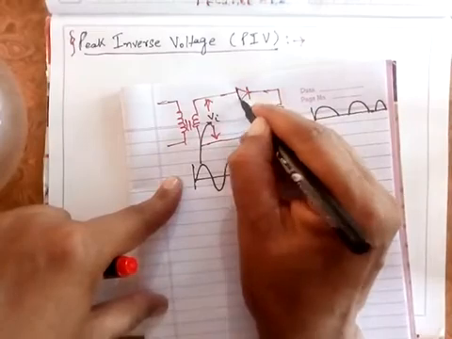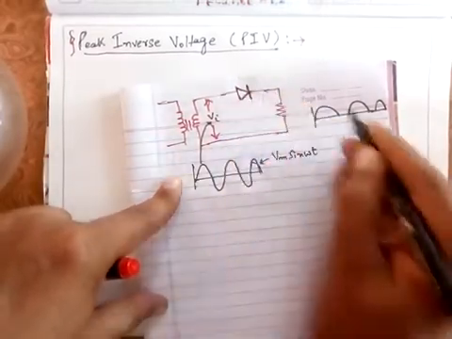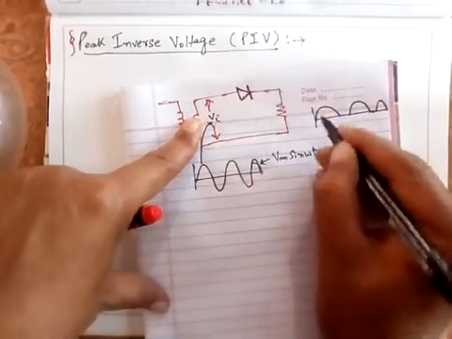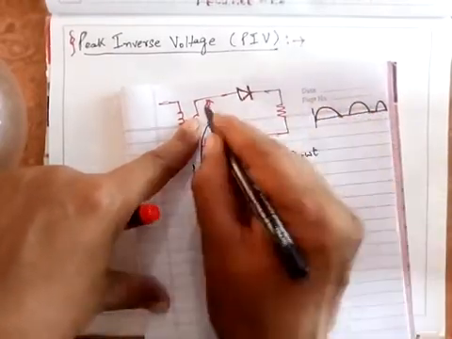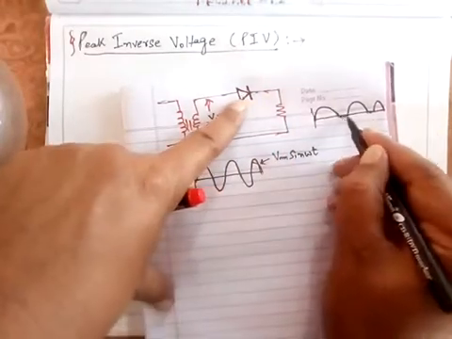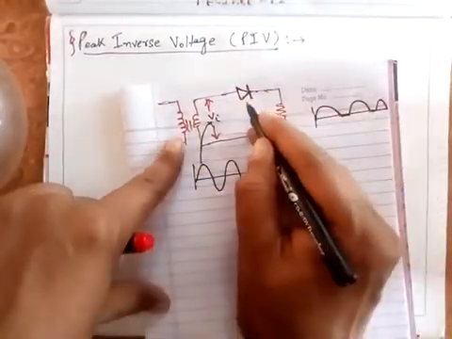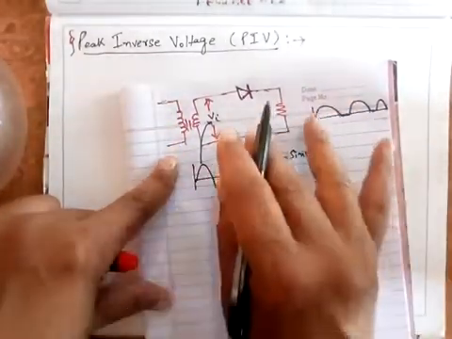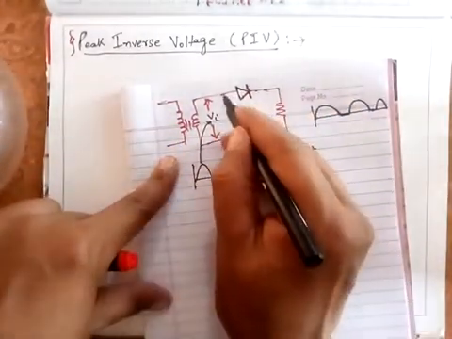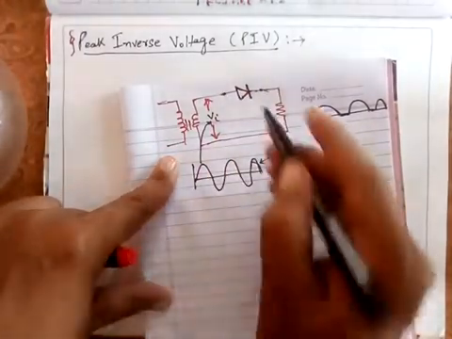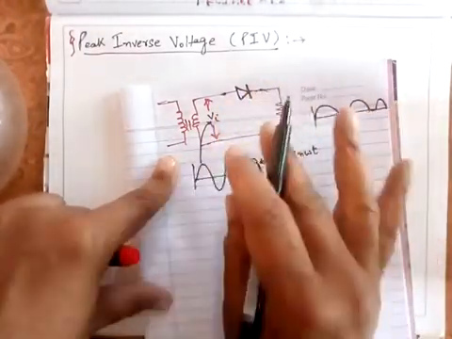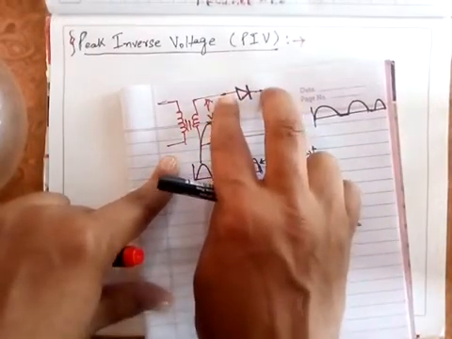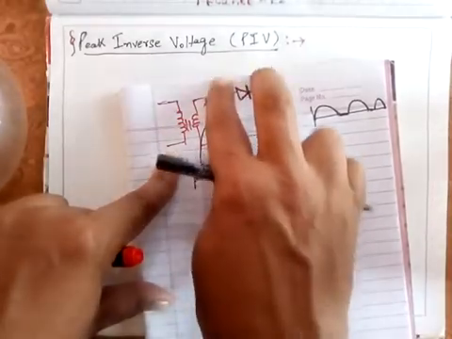Now, as far as the working is concerned, when this diode is forward biased, it acts as a closed switch and you get this. When it is reverse biased, it acts as an open switch and no current flows here. Whether you talk of a half wave rectifier or a full wave rectifier, either center tap or a bridge rectifier, at one instant of time the diode or a combination of diodes is reverse biased. Under the reverse bias condition, all the voltage drop will be across this diode only.